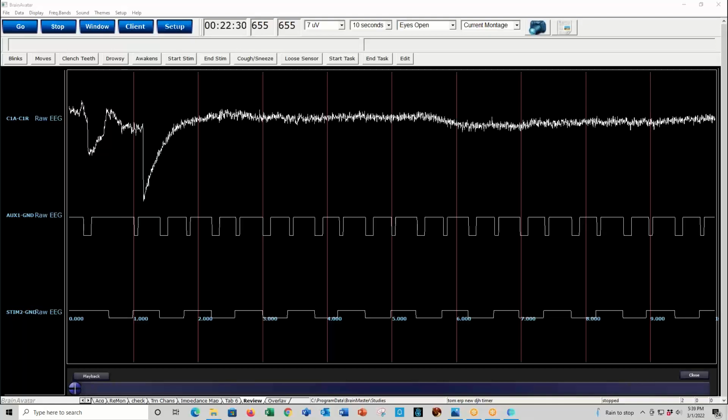This is a demonstration of the instant ERP evoke potential capability that's been put in BrainAvatar. We're doing one channel of EEG, and we're showing two stimulus representations at the same time. The top trace is EEG from the front,